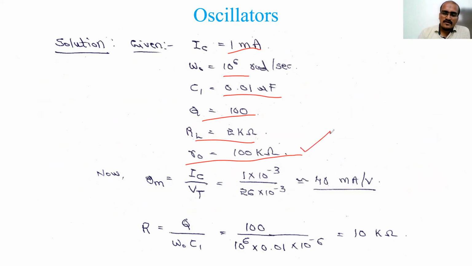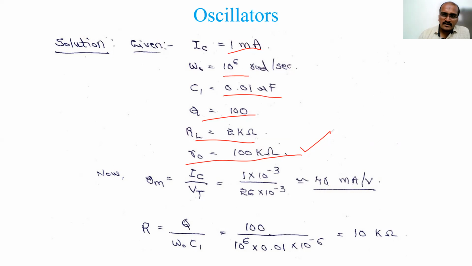As you know, very first we require the GM value. So we have two equations. One is the omega naught equation, another is the feedback factor. So using this, we have to find out the value. If we consider omega naught equal to 1 by square root of L into C1 C2 by C1 plus C2, we have only C1 known. C2 we don't know, L we don't know. That's why we could not use that equation directly.